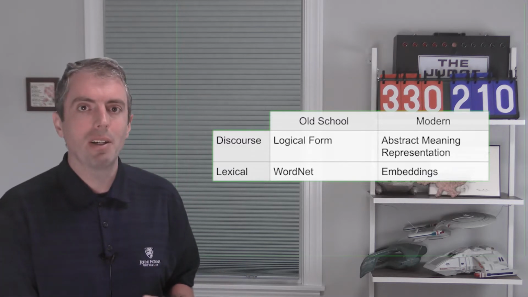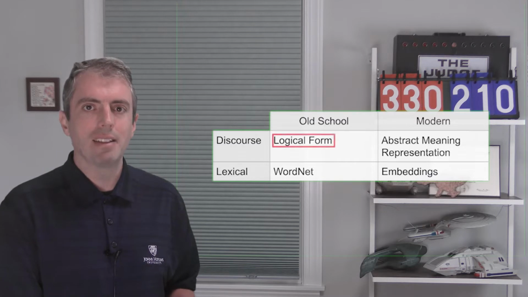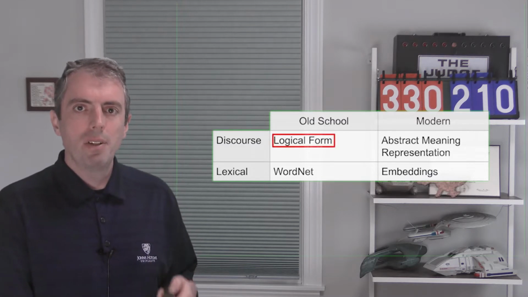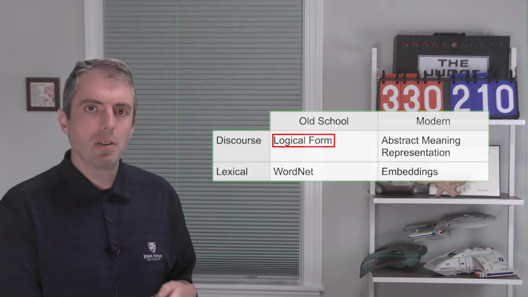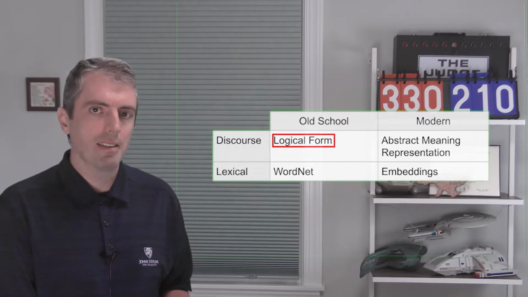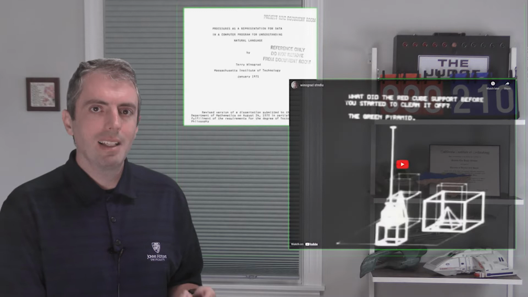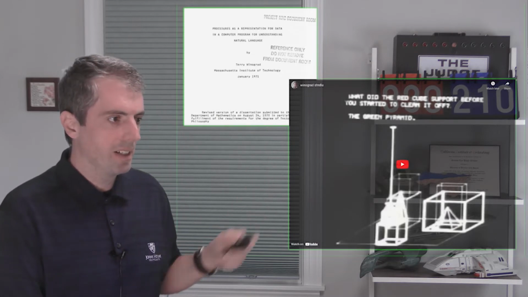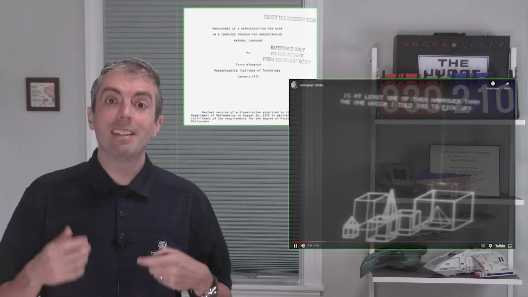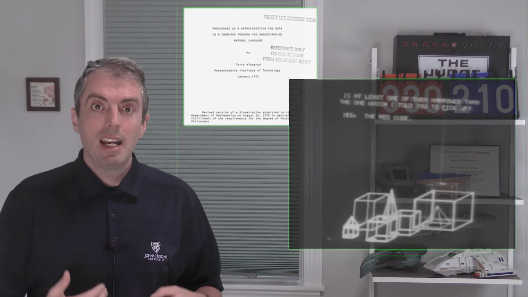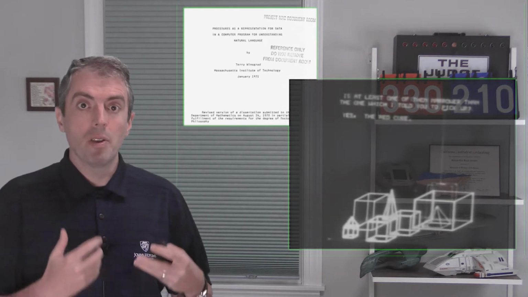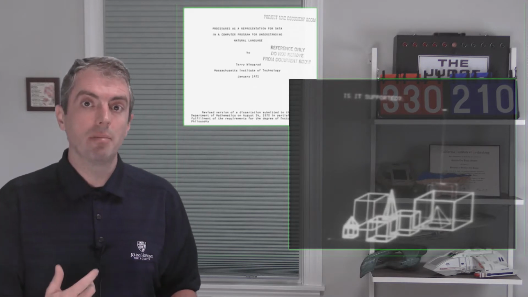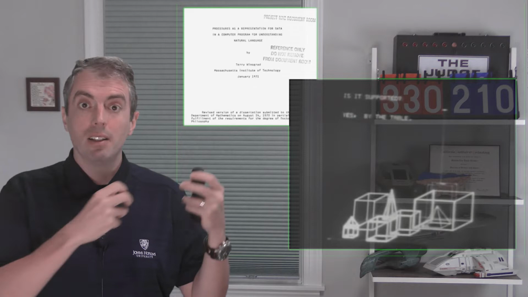Okay, let's first talk about old school discourse level semantics. Much of the classical approach views this as converting natural language elements into predicates. For example, the classic question answering system SHRDLU, pictured here, takes a query as a natural language input, converts it into a logical form with predicates and operators, and then executes that logical system to see whether the logical expression